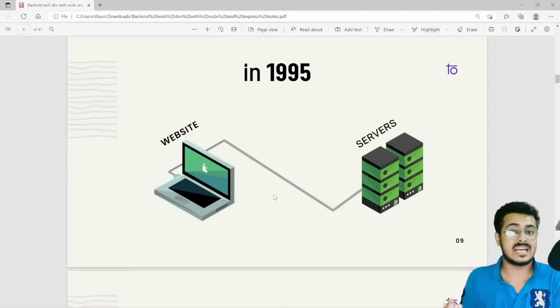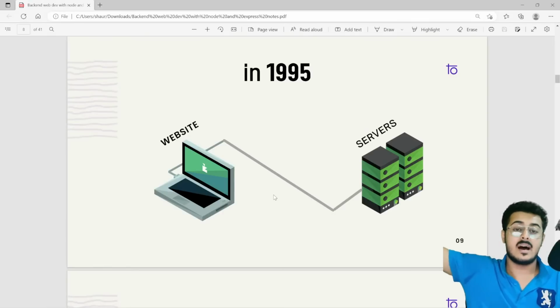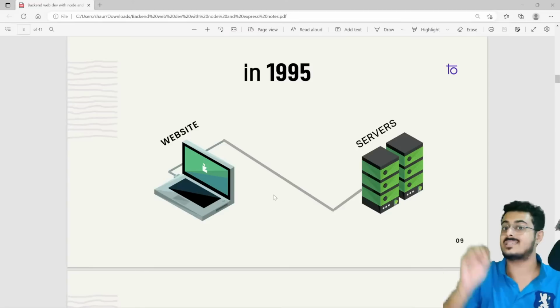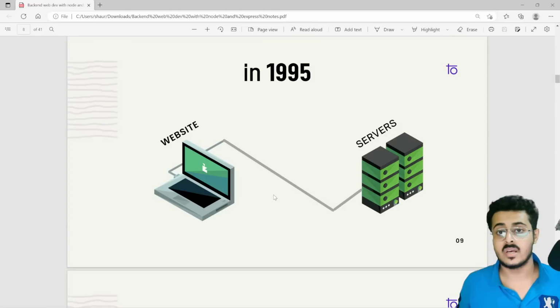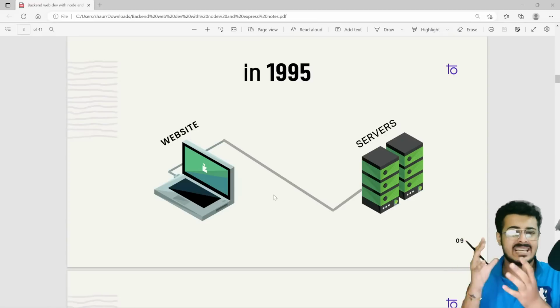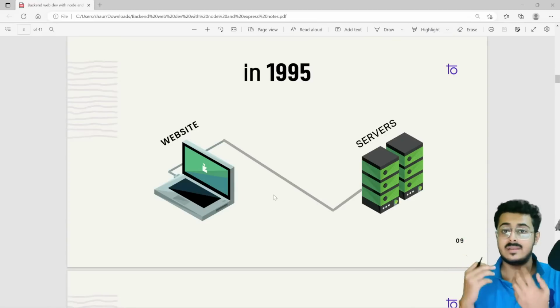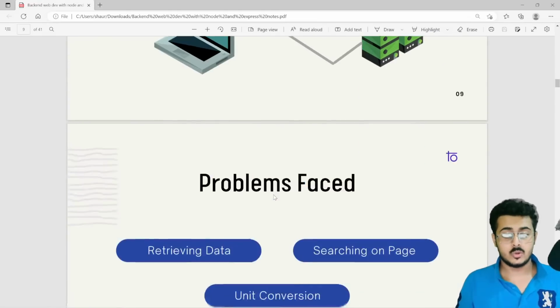Why client side? Because you are the client. It is doing the computation in front of you. It is not taking the data to the backend, doing the computation and sending the results back to you. It is doing the computation in your computer, in the browser itself, and showing you the results. So they needed a very lightweight language to be able to do that.